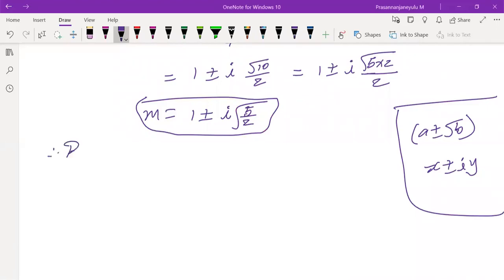Therefore, I am writing this just for understanding purposes. Roots are complex roots because we have i. Forget about whether root 5 by 2 exists or not. If i is available in the number, then it is a complex number. Okay, roots are complex numbers. Then what is YC? Therefore, the complementary solution